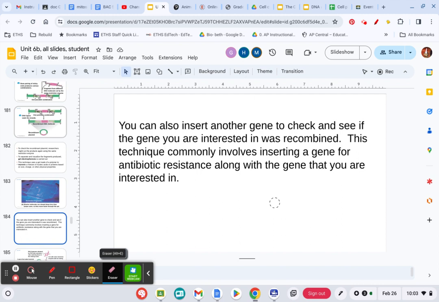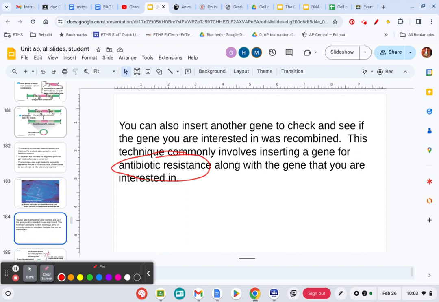When you look at a petri dish, you don't necessarily know that there are bacteria on it that are going to be able to make insulin or human growth hormone. It would be nice to be able to just look at that dish and say, oh yeah, this worked. So if you insert another gene that does some visual, obviously noticed thing, then you know right away that recombination worked. So one thing that's used extensively is